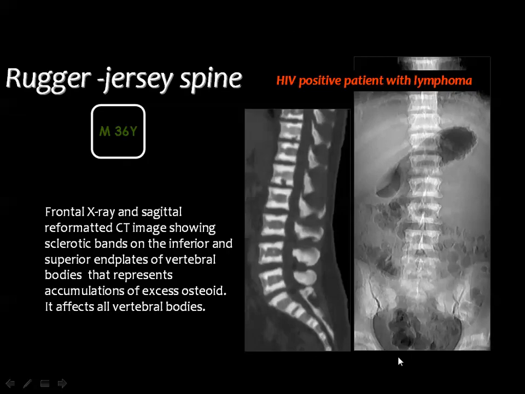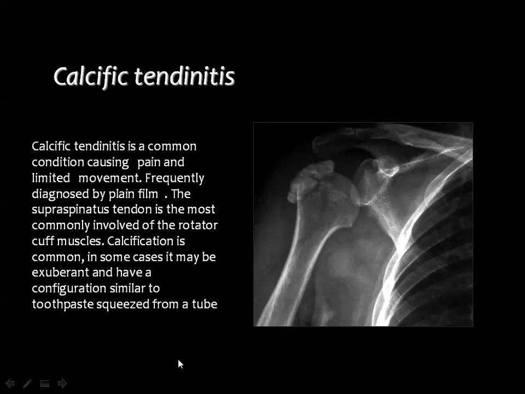This is also Rugger-Jersey spine in this patient, who is HIV positive with lymphoma. The vertebrae showed in the X-ray the typical appearance of Rugger-Jersey spine, and the sagittal reconstructed image also shows similar changes. Soft tissue calcification can be seen in the vessels and along the ligaments and tendons, and